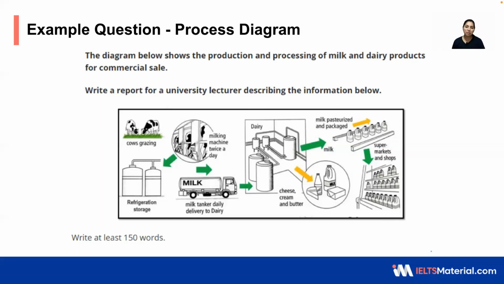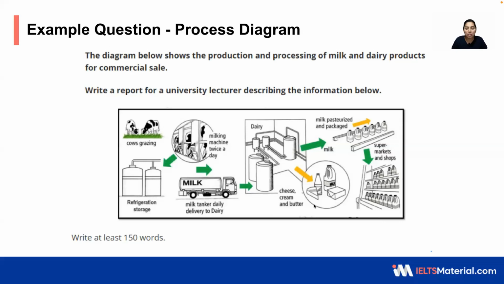So there are two types of process diagram. One is linear and the other one is cyclical. You need to understand which particular process diagram you are going to explain when you have this type of question. This will also contain the introductory paragraph, and in the overview statement, you will make sure that you describe the number of stages, from which part it is going to start and which part it is going to end, and all those procedures with one main key feature. Overview statement is the second paragraph, and the third and the fourth paragraph will contain the different stages in detail.